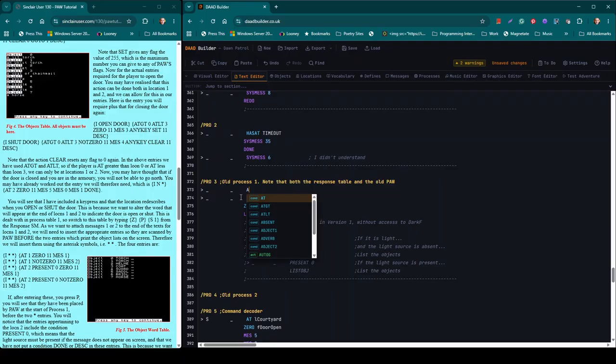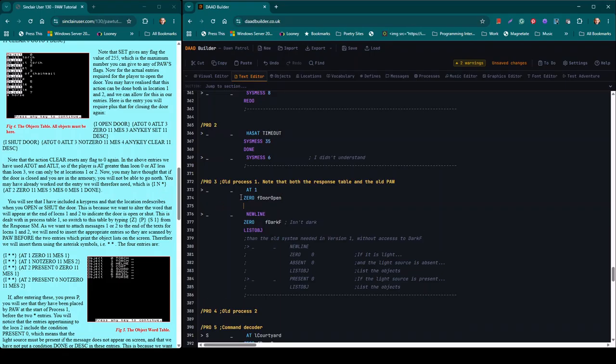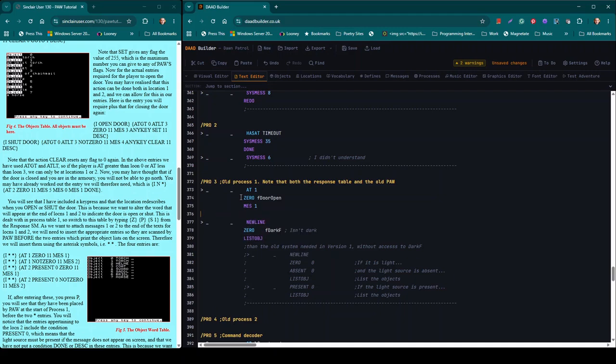Now we want to see if we're at 1 and the door open flag is 0, then we want to print message 1 followed by,